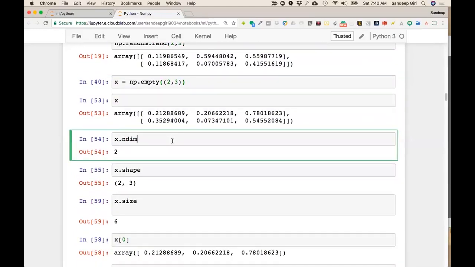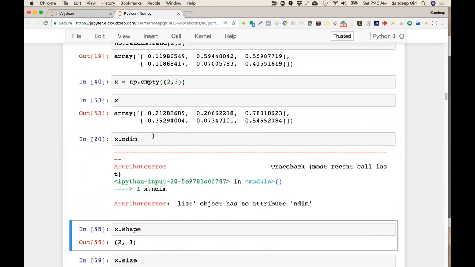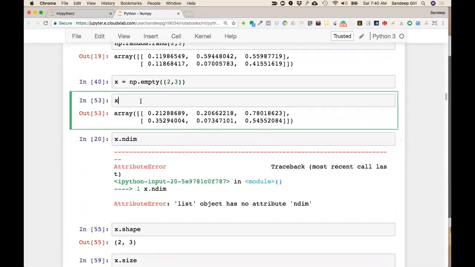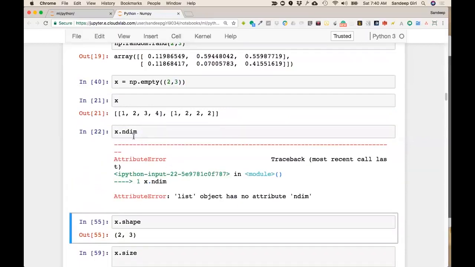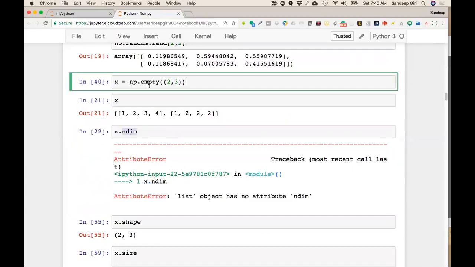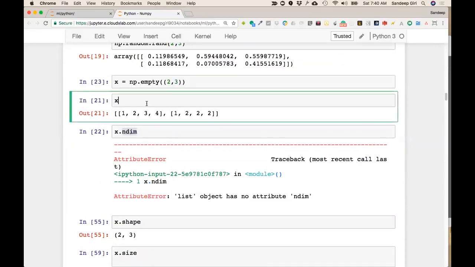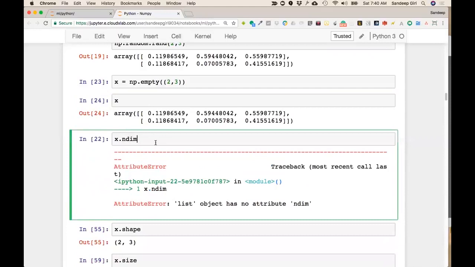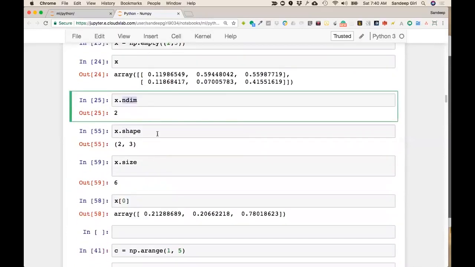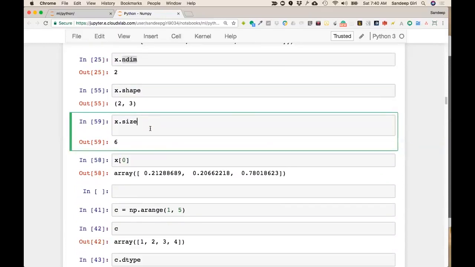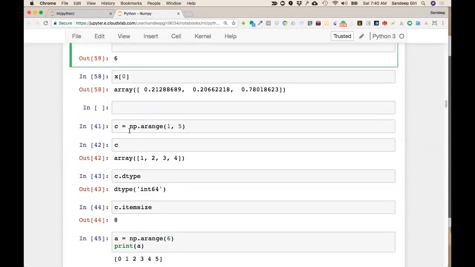All right, and we can show the dimensions. We can check the dimensions of x. List has no attribute. Okay, I think I'll have to recalculate this. Okay, so n dimension shows you the total number of dimensions. Okay, we talked about shape, we talked about size, and